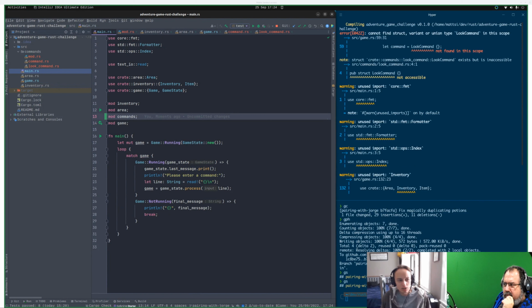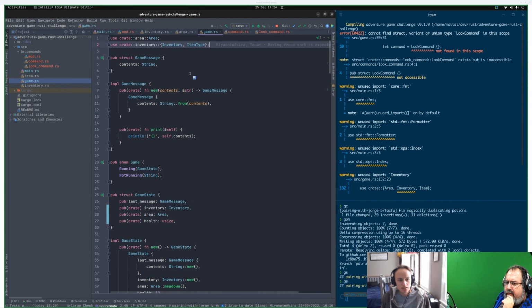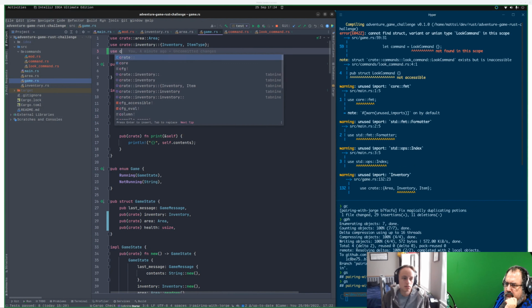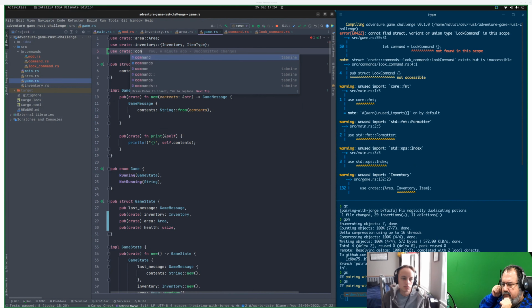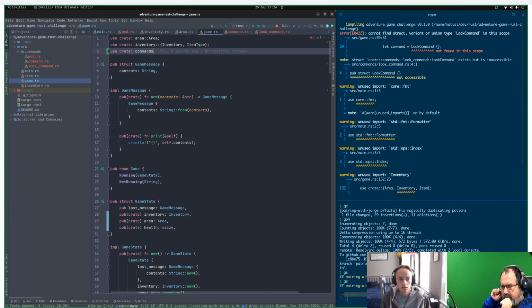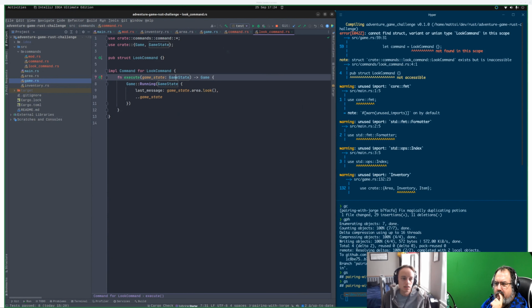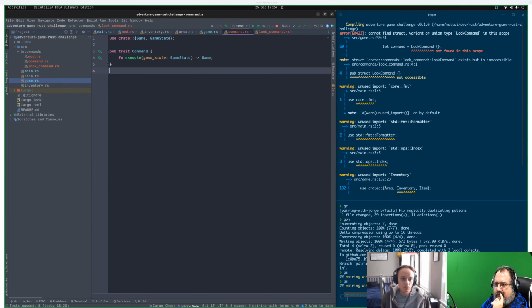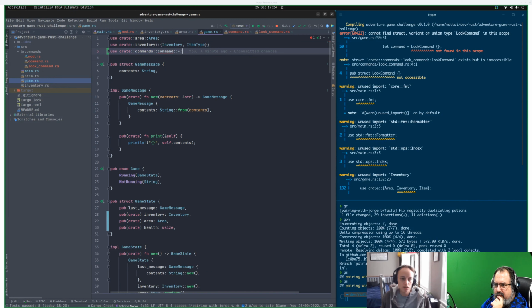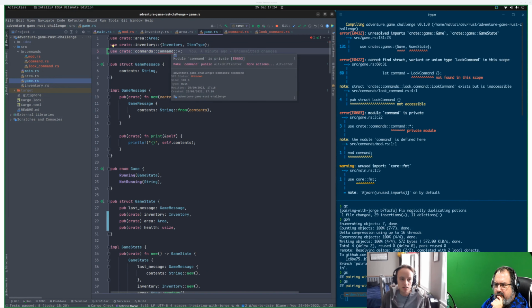Is this dependent on order? No, it's not, is it? That would be weird. Commands. Yeah, once we get the commands, we're not being given the next. So in this case, we're able to do this, right? From here, create commands command, but it doesn't like.